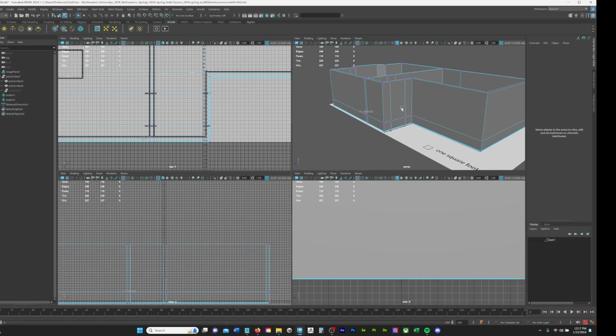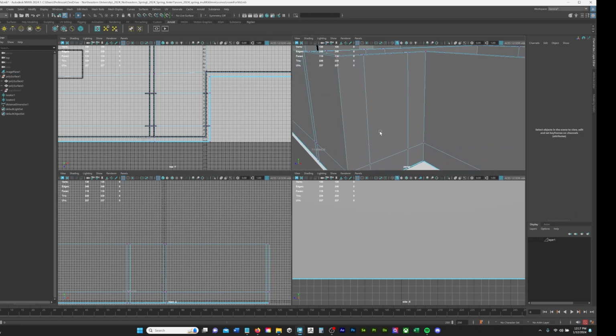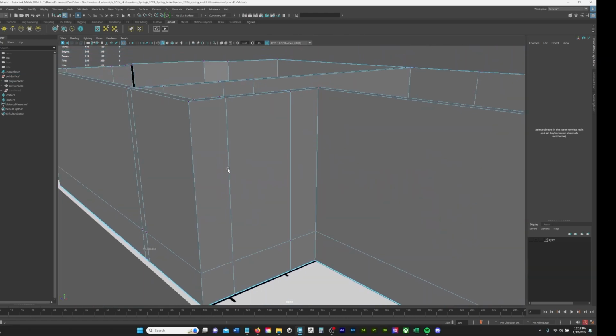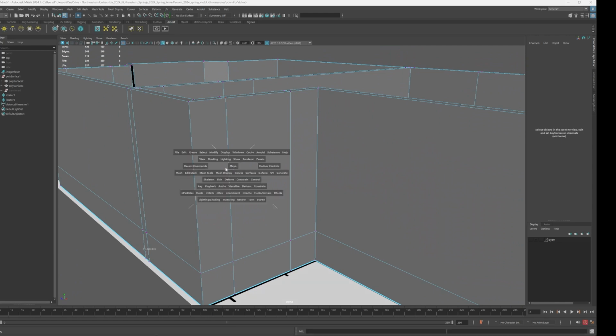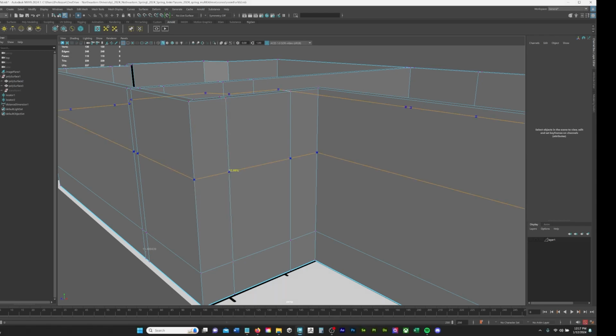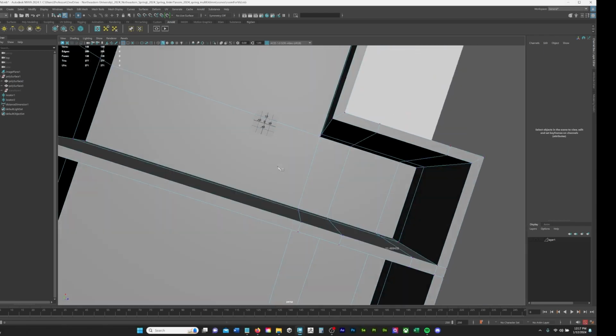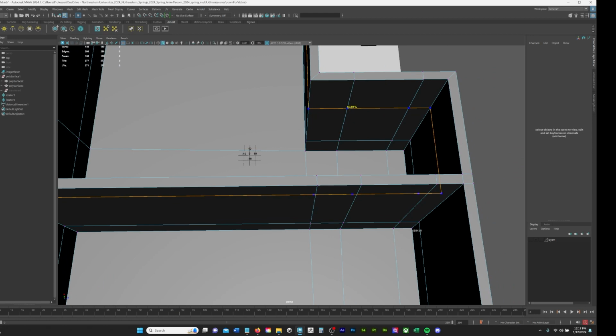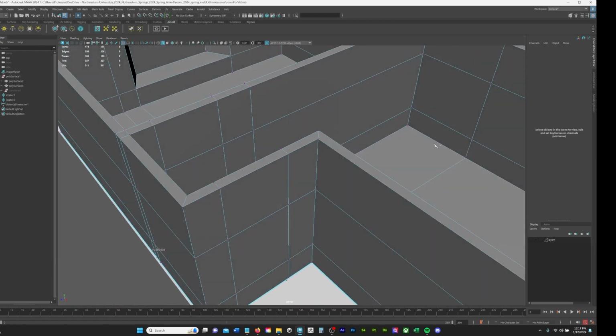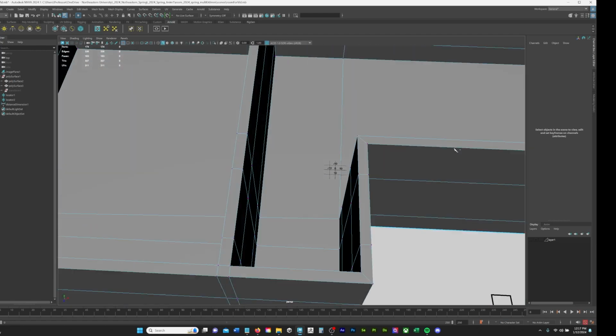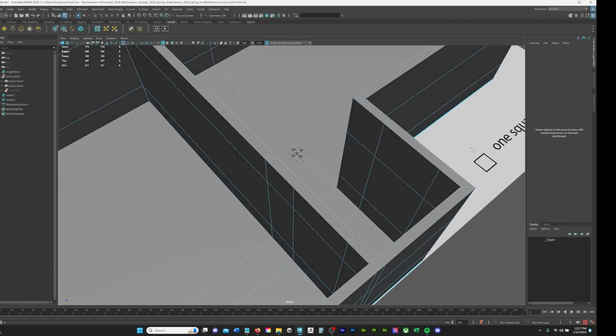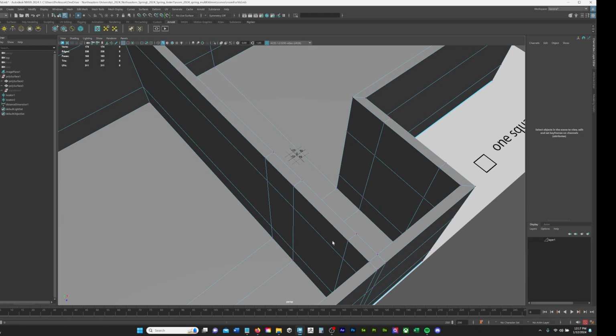So now I know that I'm going to struggle to get it that perfect, so I'm just going to ballpark the first 2 lines I put in. So hold down the space bar to bring up my recent commands, multi-cut tool, 1, and on the inside, 2, and then I'm going to need 1 here. Okay. So now I've got my exterior, interior for this part, and interior for this part, and I can say